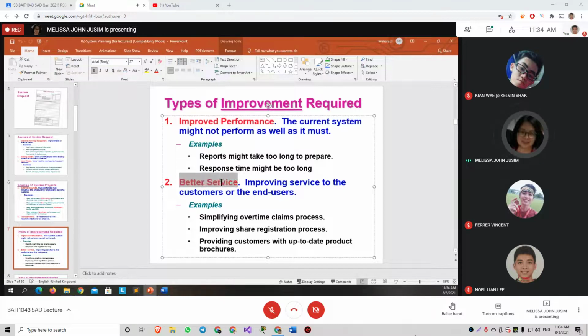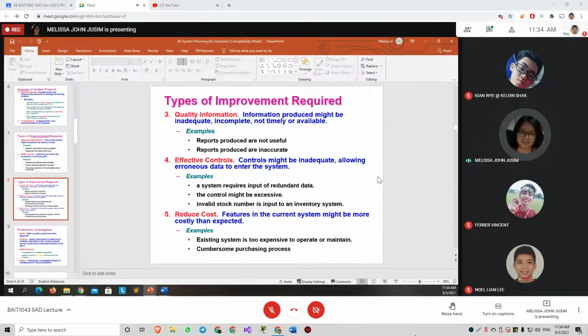So you can also add better service. And then quality information is also acceptable. Perhaps you can mention about the guests making the booking, unable to get sufficient information. Okay, because the question said that you can make any logical assumption.